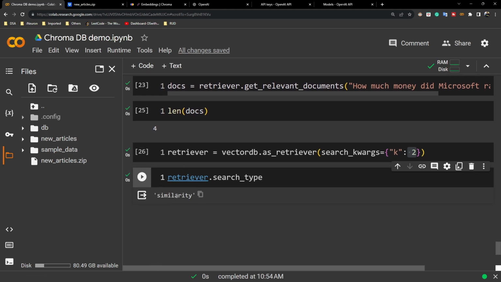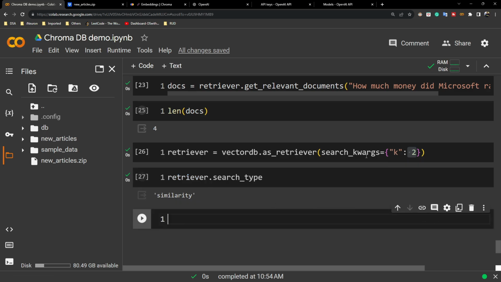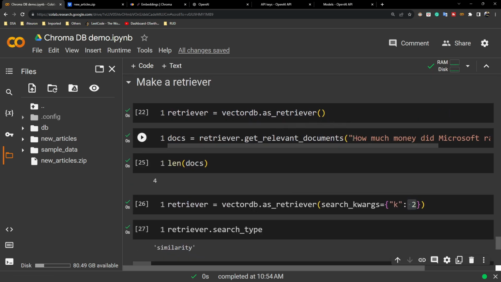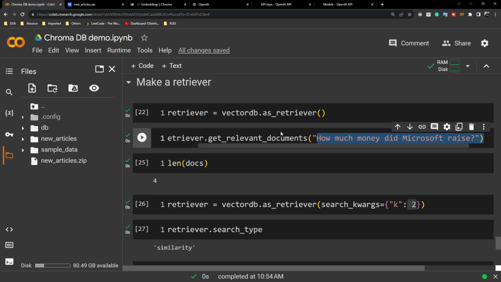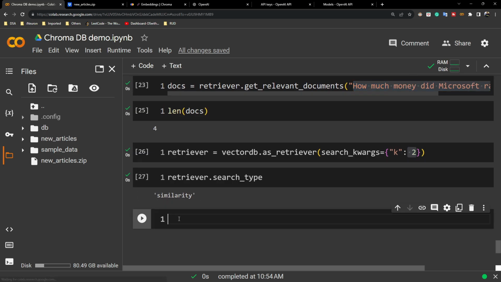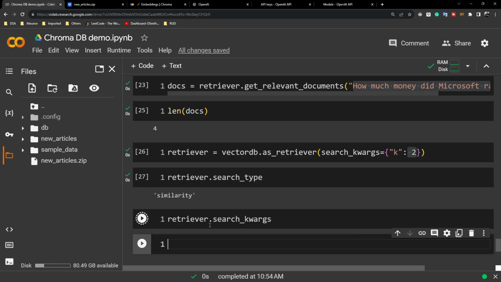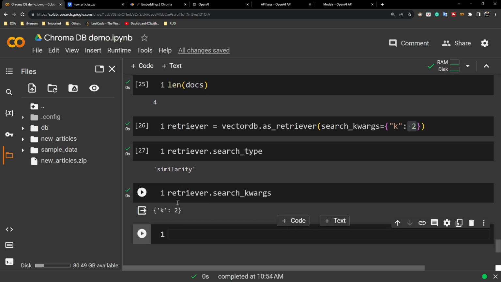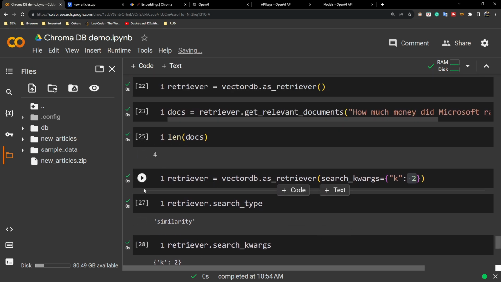If you want to see the search type, it's similarity. I think they're using cosine similarity to calculate this answer. The question you are asking will basically be matched with the vectors, finding the closest vectors, and it will return those. This parameter gives the number of results it will provide, so it will only provide 2 answers. Now if I again execute this code,